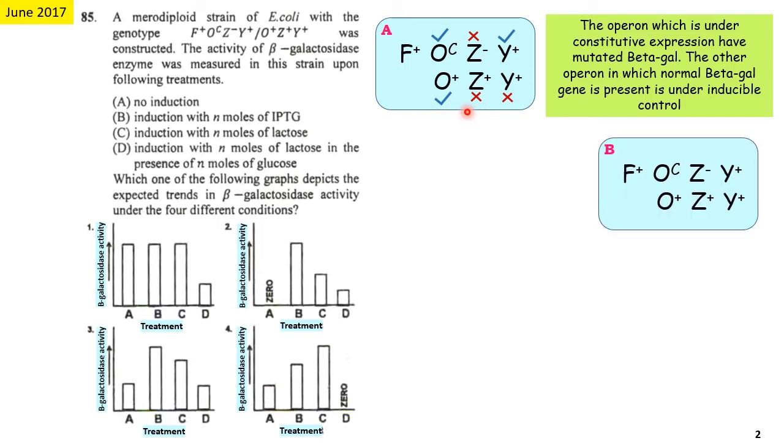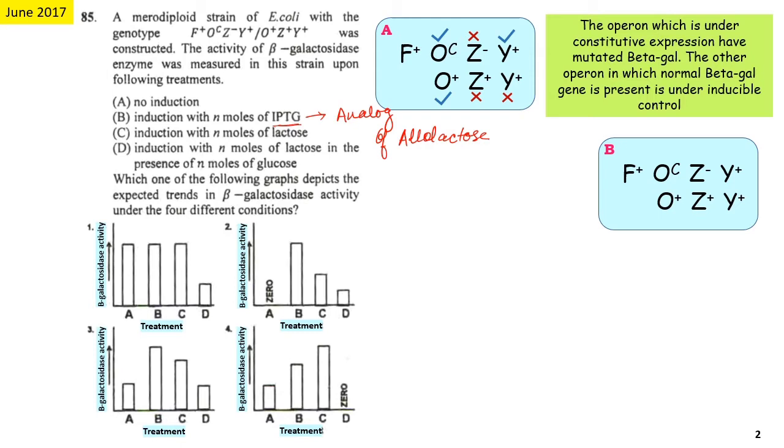Okay, now coming to the second condition, we have n mole of IPTG. So in this condition, induction has been done with n mole of IPTG. What is IPTG? It is an analog of allolactose. So like allolactose, it binds to the repressor molecule and inactivates the repressor molecule. But this IPTG has one advantage, that is it cannot be metabolized by the bacterial cell, so it can induce the lac-operon for a longer period of time, and so a large quantity of lac-operon gene products will be formed if we induce the lac-operon with IPTG.